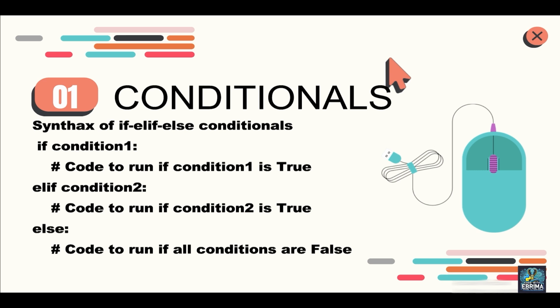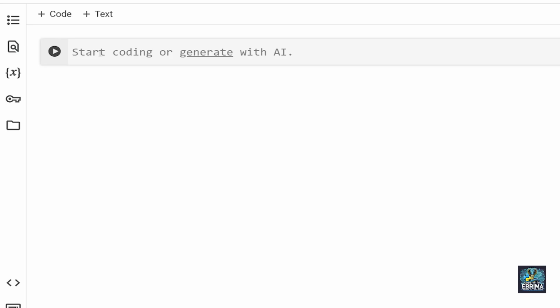Let's go to the other side and check it out. Now we are going to take a closer look at if-elif-else statements. We are going to write a program that correctly identifies if a number is a positive value, a zero value, or a negative value. This means we have more than two conditions, condition 1, 2, and 3. So we are going to use the if-elif-else structure, and this ensures that only one condition is going to run.